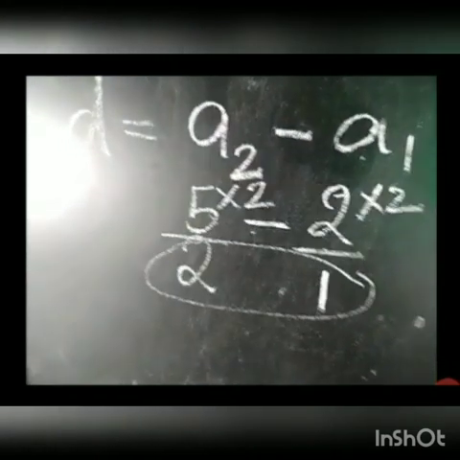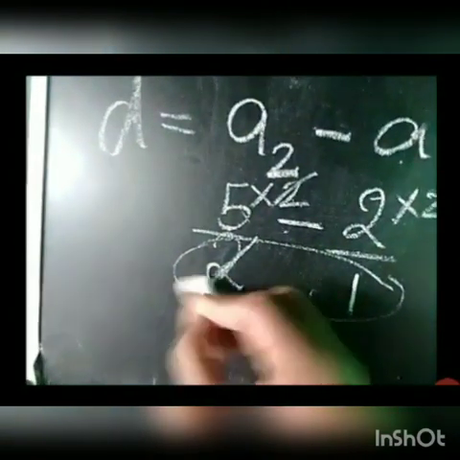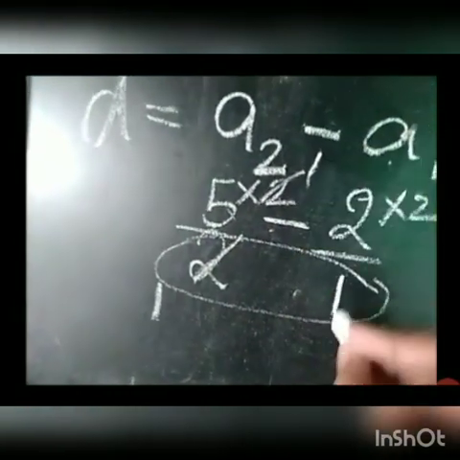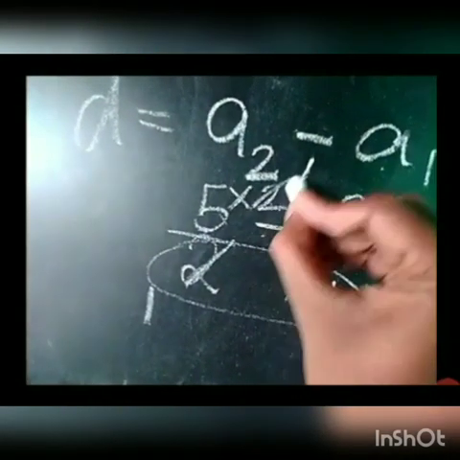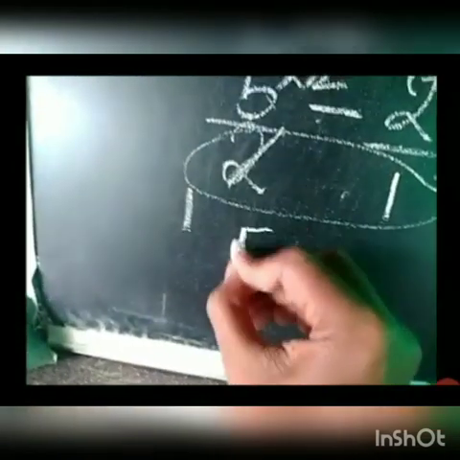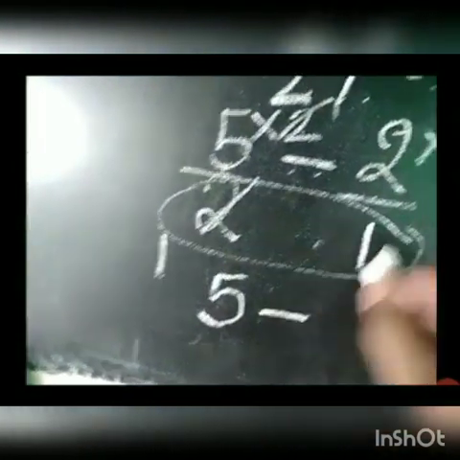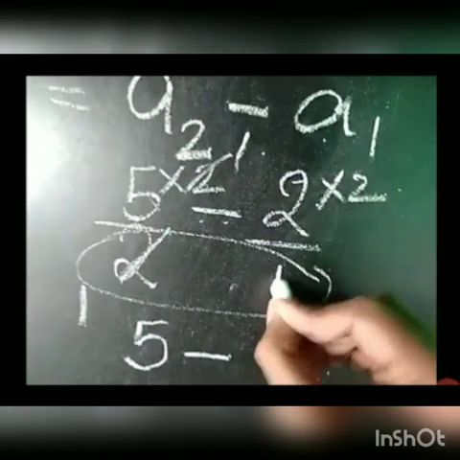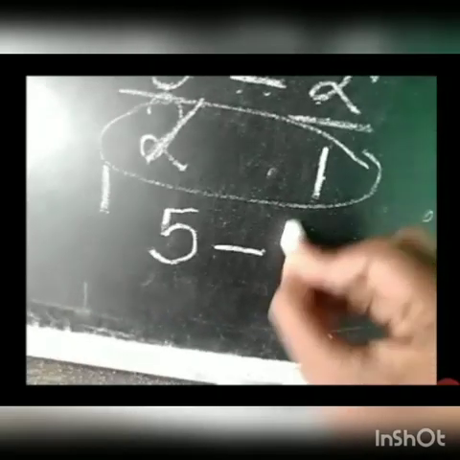After multiplying on both terms, you check whether it gets cancelled with the denominator. Yes, it gets cancelled. Two ones are two. But here we can't cancel, so this 2 has been turned over to 1. So now let me write 5 into 1 as 5. Retain this minus sign as it is. Minus 2 into 2. It didn't get cancelled here, so it is 2 only. 2 into 2 we are going to write as 4.